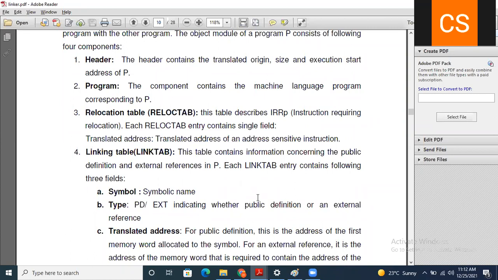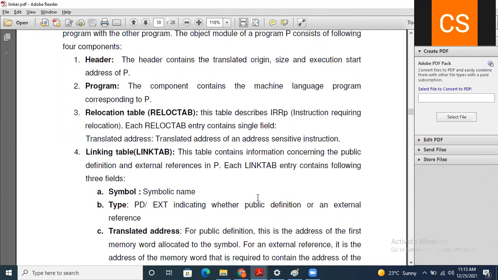The header contains the translated origin, size of the program, and execution start address of the program. That is present in the header.